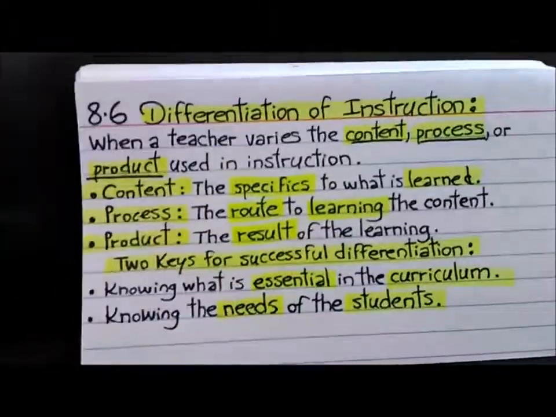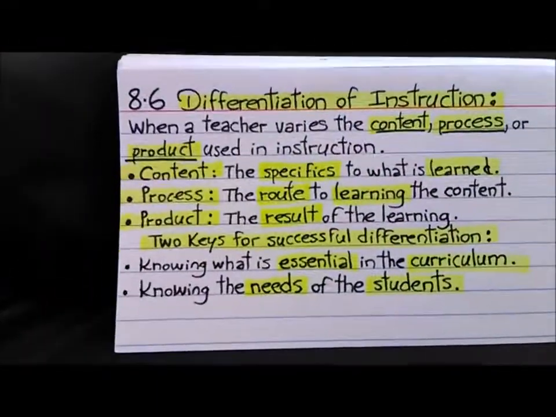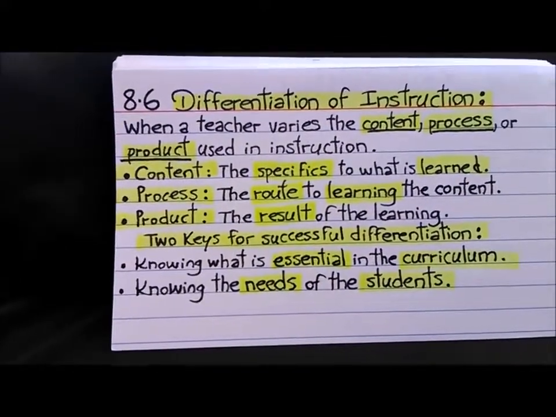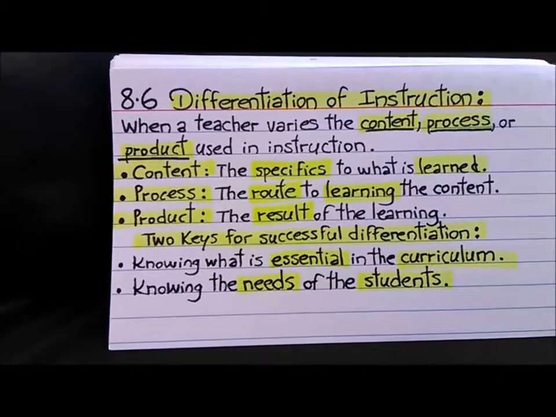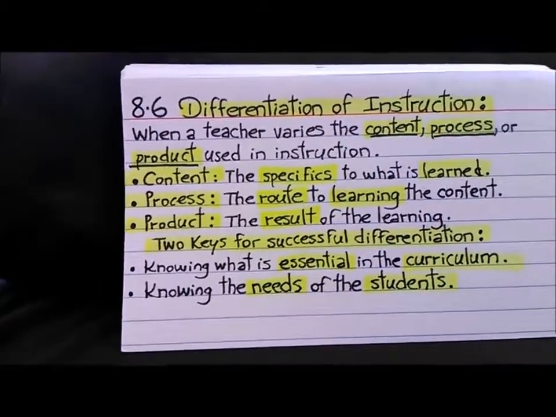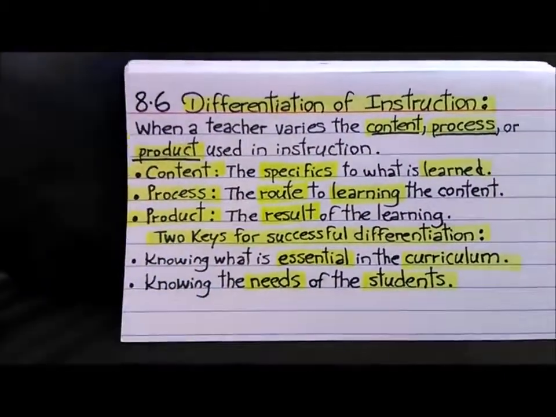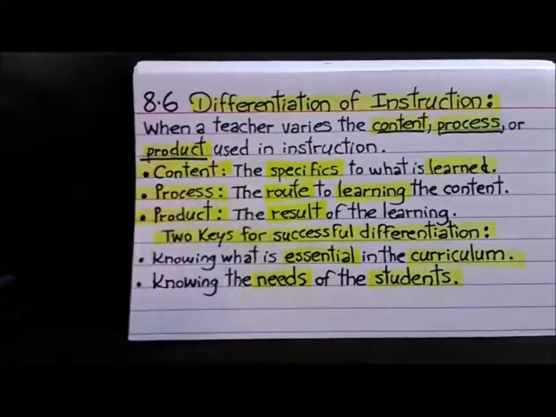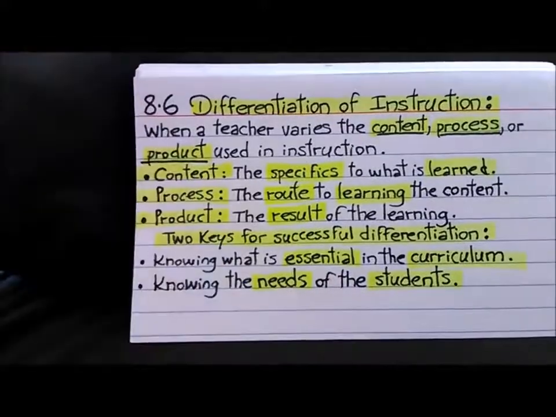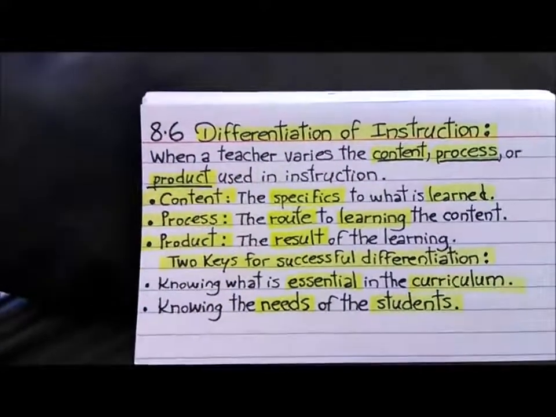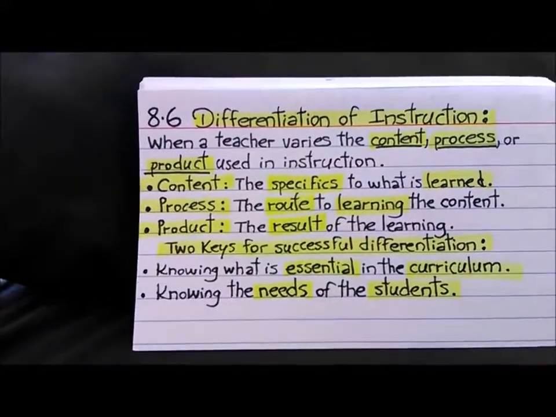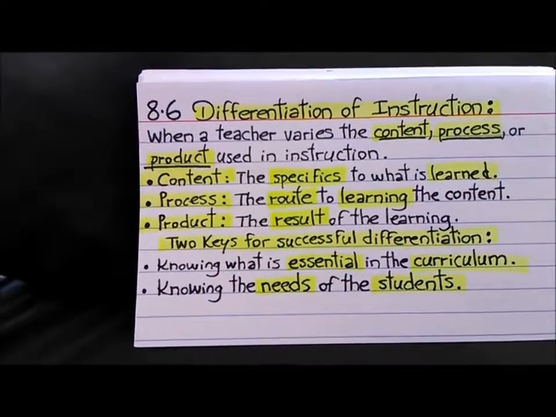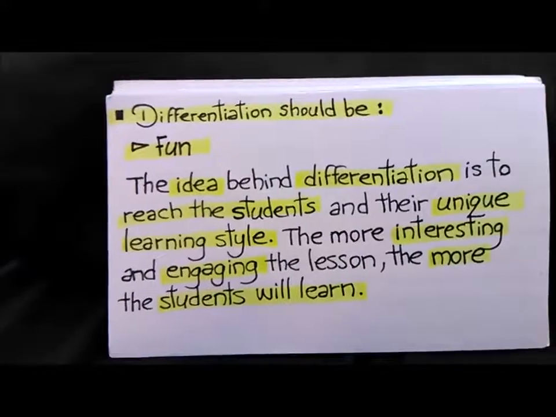8.6, let's see. Differentiation of instruction. When a teacher varies the content, process, or product used in instruction. Content, process, product. The specific to what is learned, that's content. Process, the route to learning. Product, the result of the learning. Two keys for successful differentiation: knowing what is essential in the curriculum, knowing the needs of the students. At last,